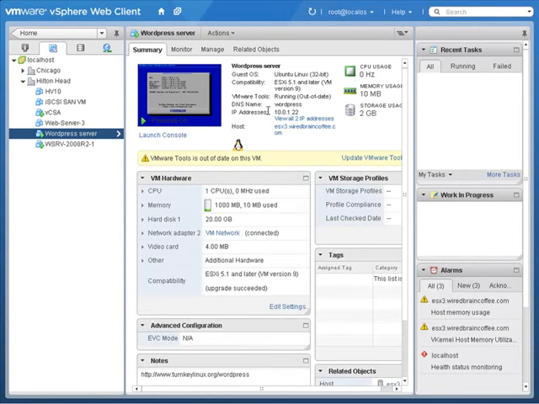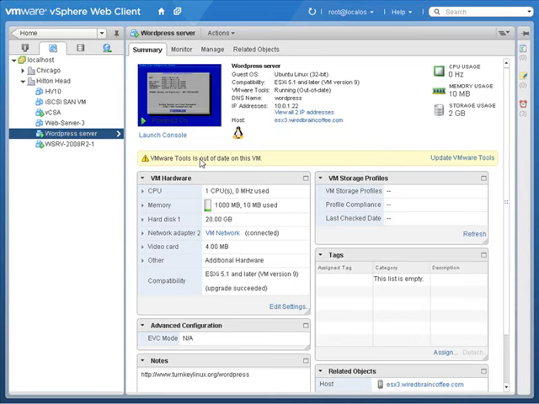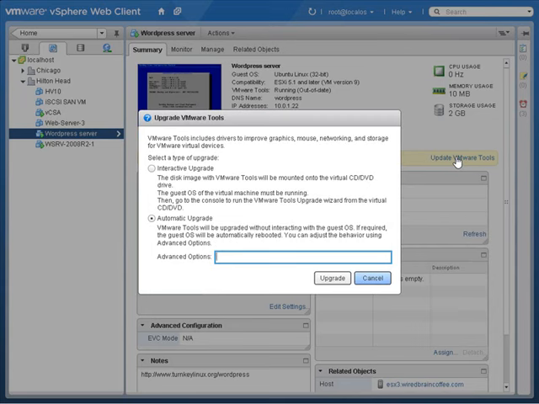And then I've got a couple of virtual machines in here that are in need of help related to the VMware Tools. Let's go ahead and close out the recent task pane there. And you can see here, this WordPress server virtual machine says right here, VMware Tools are out of date on this virtual machine. You can see up here, VMware Tools, it says they are running, but they are out of date. So to upgrade the VMware Tools, of course, it's very easy here to just click on Upgrade VMware Tools,